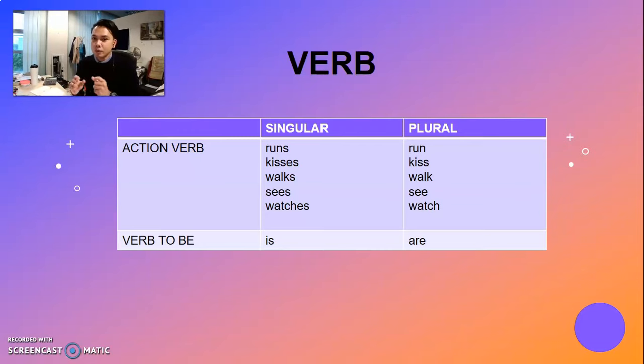Alright, so am, remember, is only exclusively for the subject I. However, for is and are, there's a different usage of it. So that's why I am covering this, just to tell you when to use it properly. Okay, now before you go to verb to be, for action verb, perkataan yang menunjukkan perbuatan. Okay, when you put an action verb in a singular form, unlike the subjects now, if you remember, just to recap, under subject,